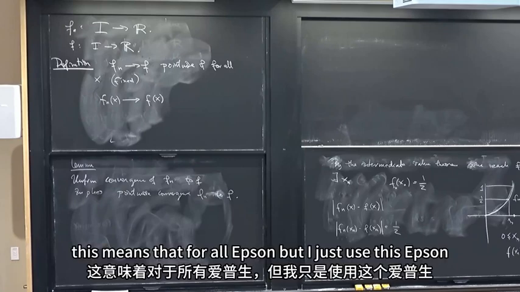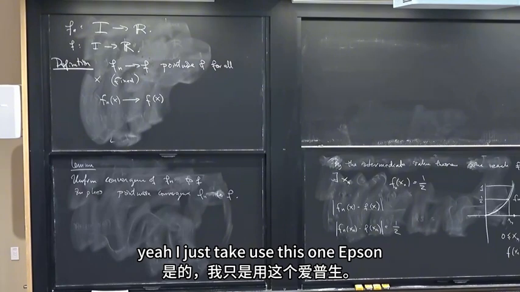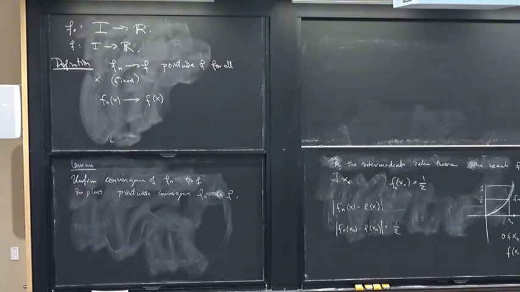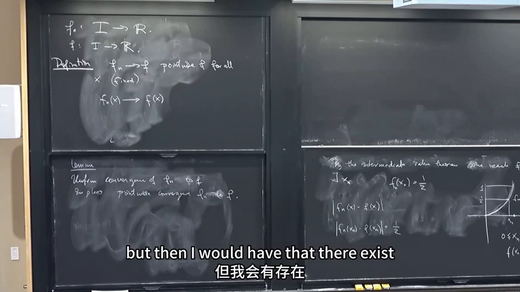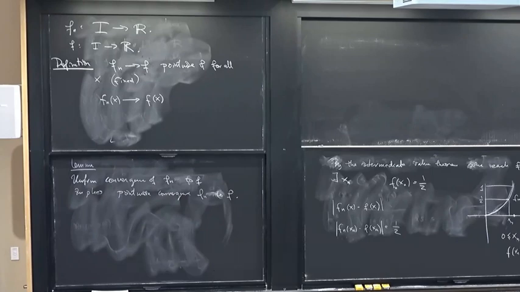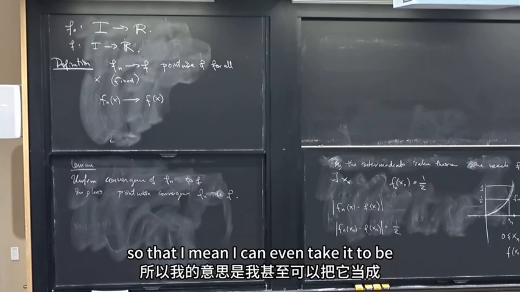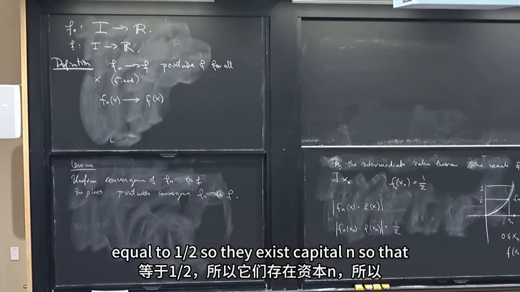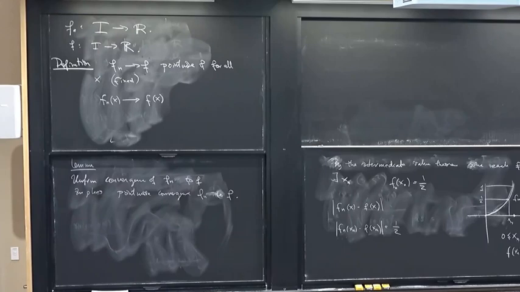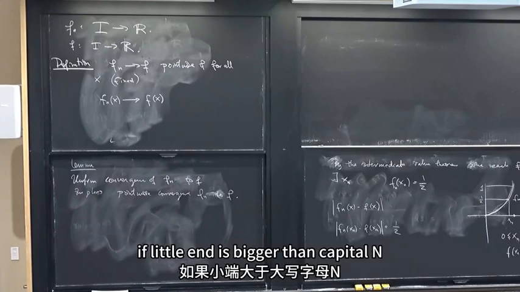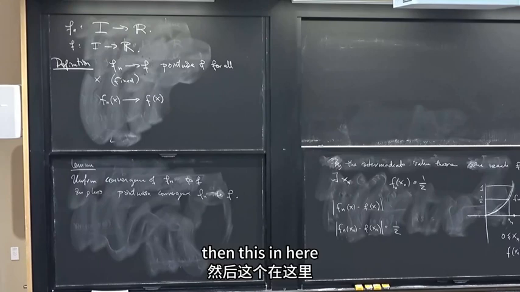This means that for all epsilon, but I just use this one epsilon. But then I would have that there exists capital N, I mean I can even take epsilon to be equal to a half. So there exists capital N such that if little n is bigger than capital N, then this thing here